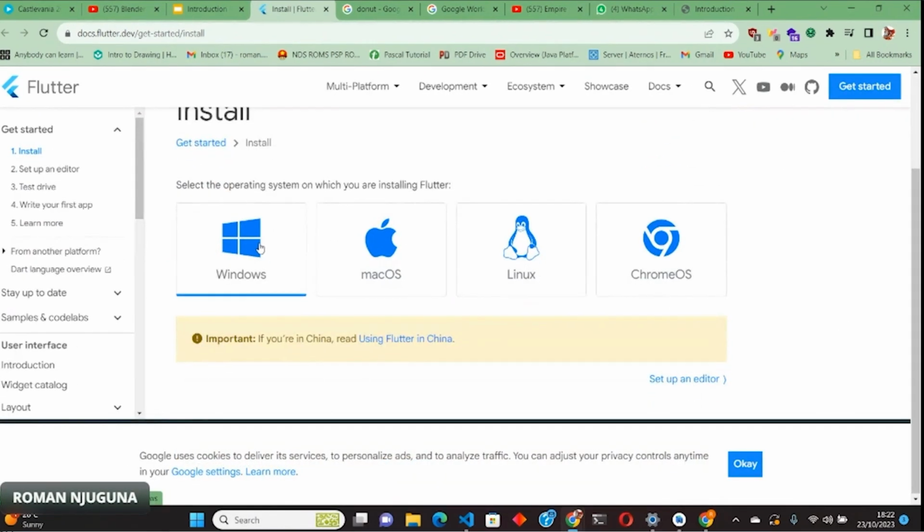And if you're building from Windows, you click here. Building from Linux, you build here, etc., etc. So for me, I'm building on Windows, so I'd click Windows. The steps, each of the Flutter SDK. And once you've installed it